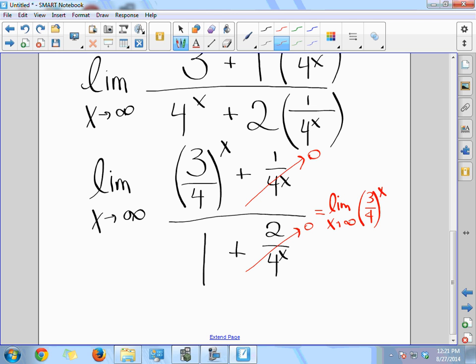Or you could also think to yourself, when I raise something to the x power, I'm basically just multiplying it by itself a whole bunch of times. If you take a number less than 1 and you multiply it by itself a bunch of times, you're still going to get a number that's less than 1. And then the more you do it, the smaller the number is going to become. So this whole thing is going to go to 0. Also think about that same concept. 4 to the x will go to infinity faster than 3 to the x. So this is a really neat trick that you can use instead of having to memorize those horizontal asymptote rules